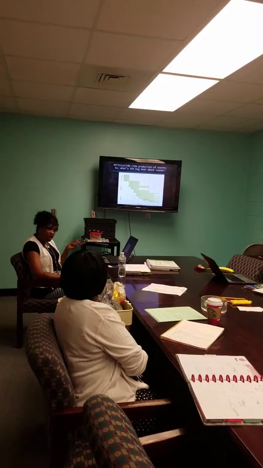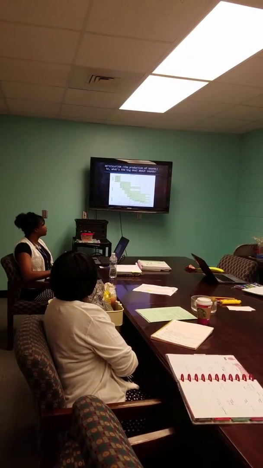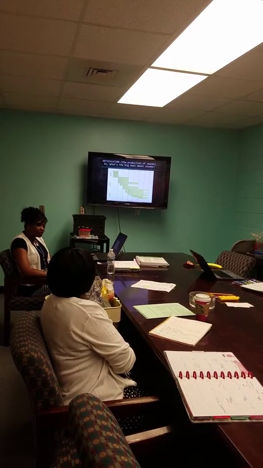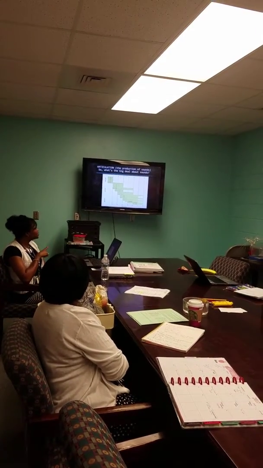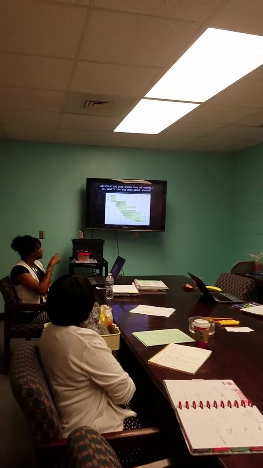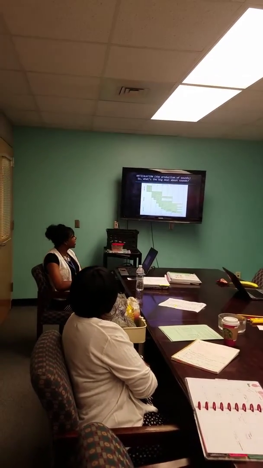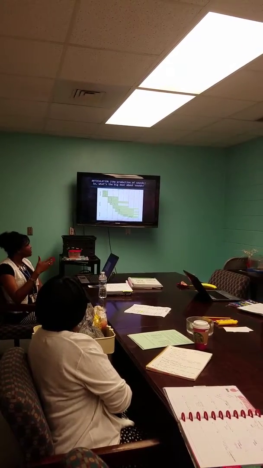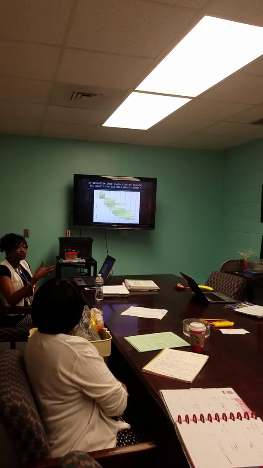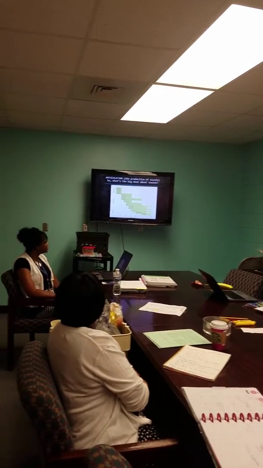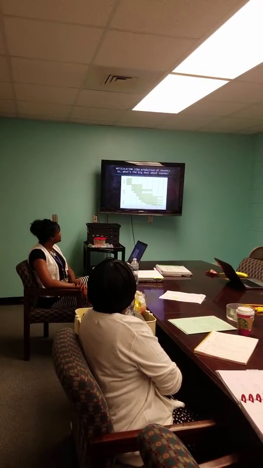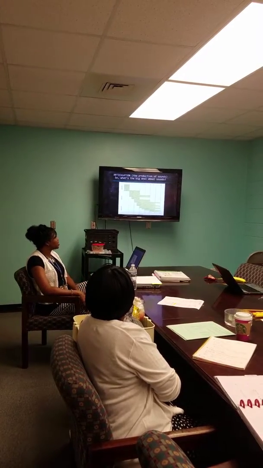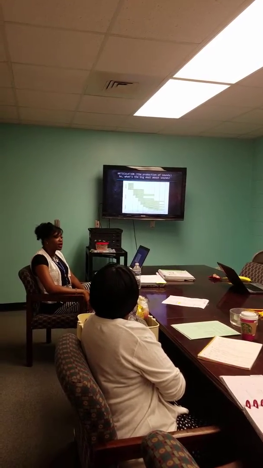So on the chart, we talked about this last week, and this is just a quick overview. We looked at the different sounds and the ages that they should be able to produce these sounds. What I didn't point out last year, at the top of the graph, it gives us the age. So we're looking at ages 2, 3, 4. We're going to stop at, well, 5, and then we're going to stop at 6 because most of our kindergartners are between 5 and 6. So all of these sounds, P, M, H, M, W, all of those sounds are sounds that we would expect the students to be able to produce.